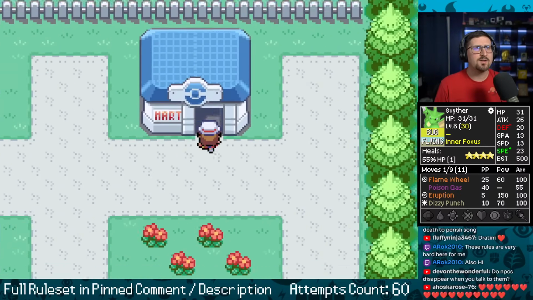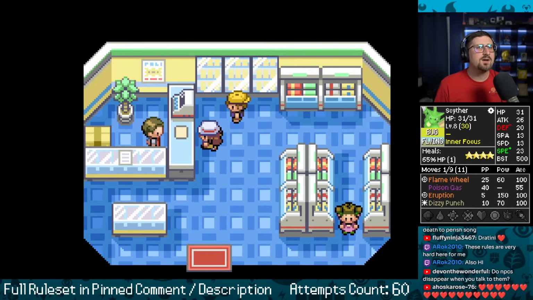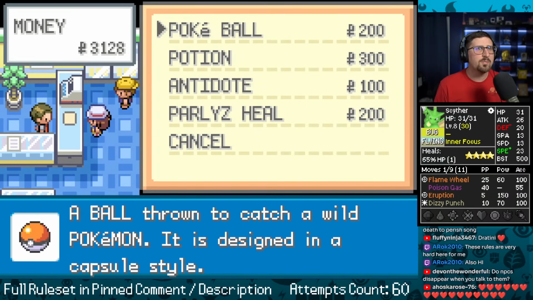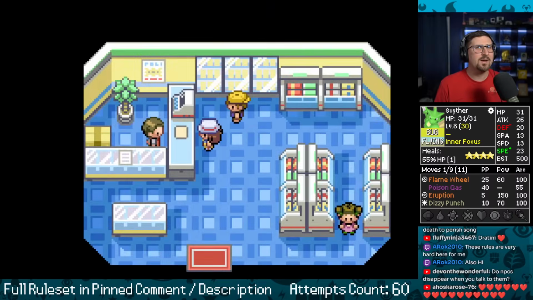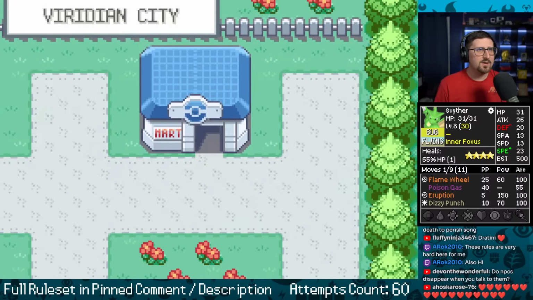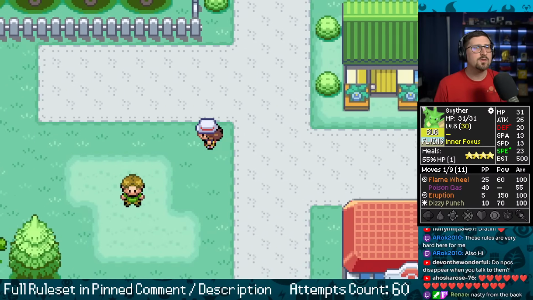I've not done any stat stuff. You are not allowed to buy any helpful items except what? Pokeballs and repels, I think, in this challenge. I'll just stack up on balls for now. Probably don't even want that many, but no healing outside of battle. Those potions will be useful.